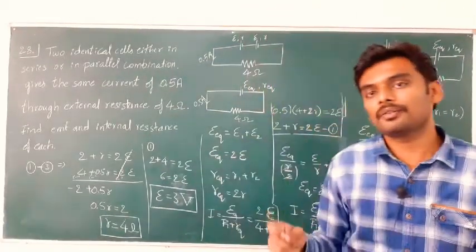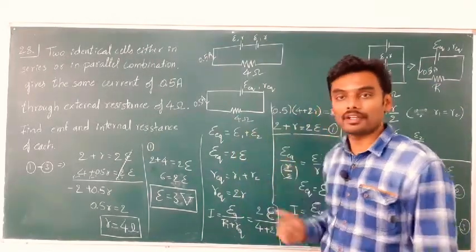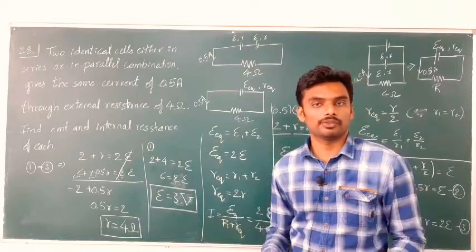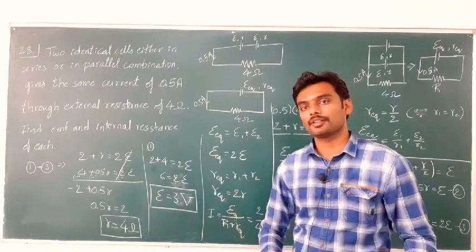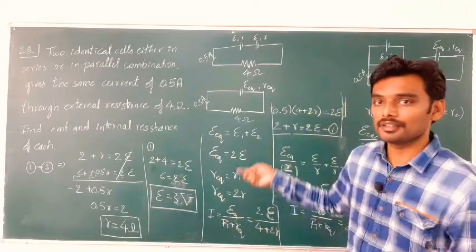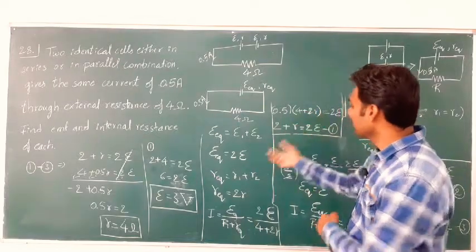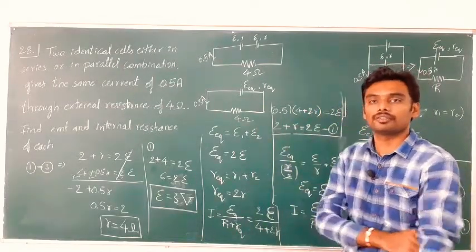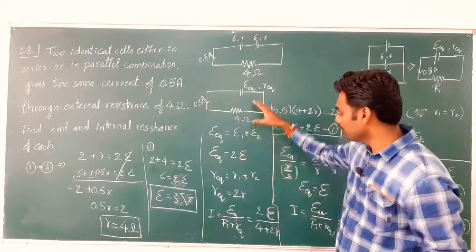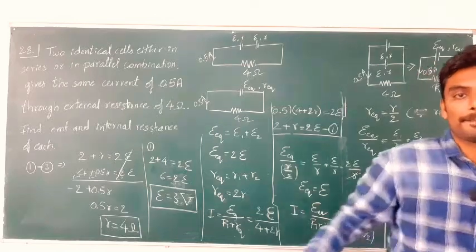You have direct formulae given for the solution of this in the reference. But if you can memorize that formula, that is fine, you can do it. But this is a bit lengthy, but you don't need to memorize more formulae. The basic formulae are enough to solve this problem, and you can stick with the basic formula and do the simplification to get the answers.